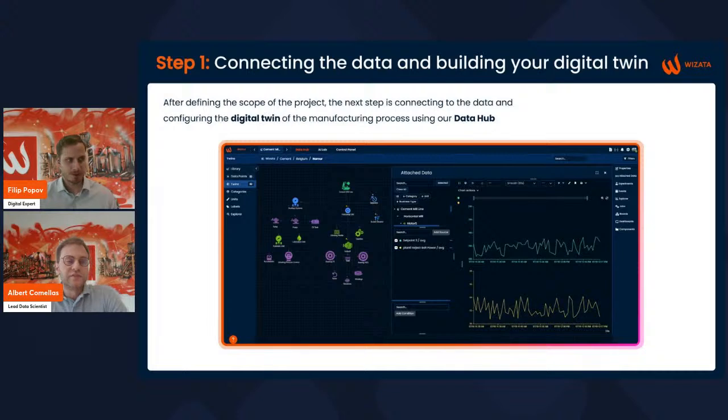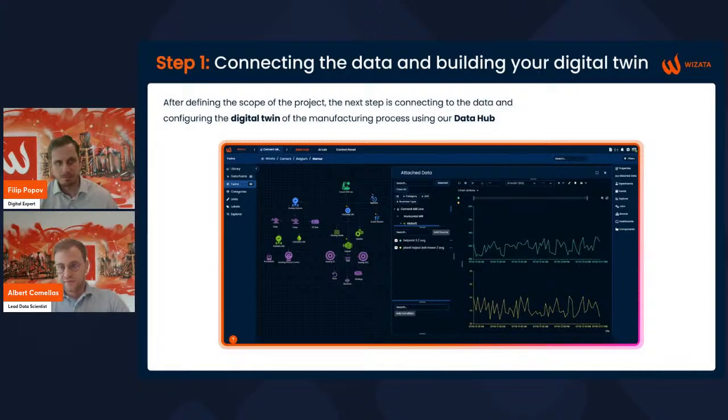So what we typically do is we collaborate together with the IT teams and the automation team of the client to find the best solution with them while complying with all the security protocols, of course. But the connectivity has never been a blocking point. Let's say we always find a way with the client.